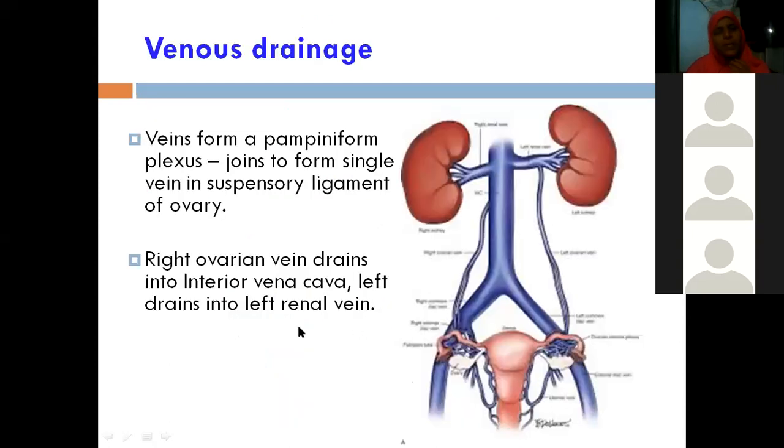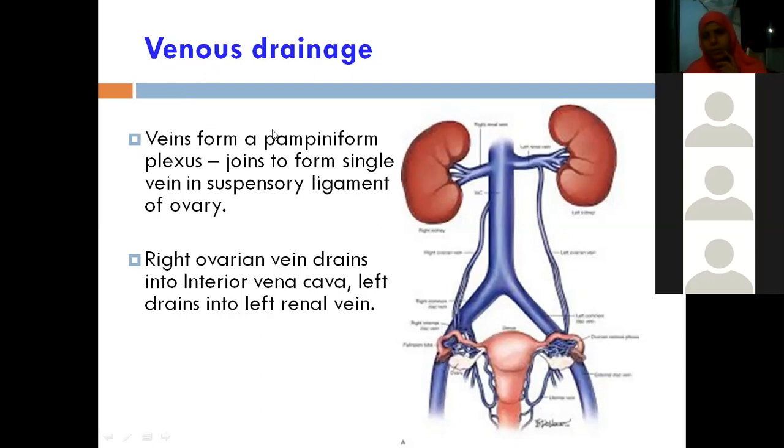After that, we have venous drainage. See the venous network of the right side. Where is it draining? Into the right gonadal vein. Whereas on the left, the left ovarian vein drains into the left renal vein, and the left renal vein drains into the inferior vena cava. The right gonadal vein drains directly into the inferior vena cava. We saw the same type of venous drainage when we were doing the testis, isn't it?